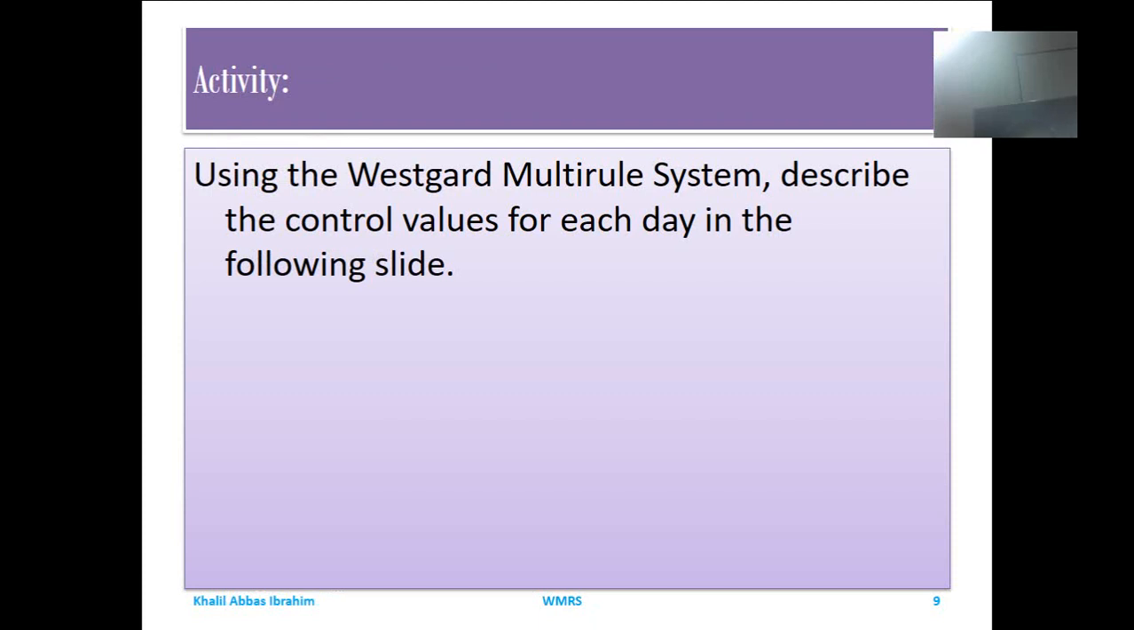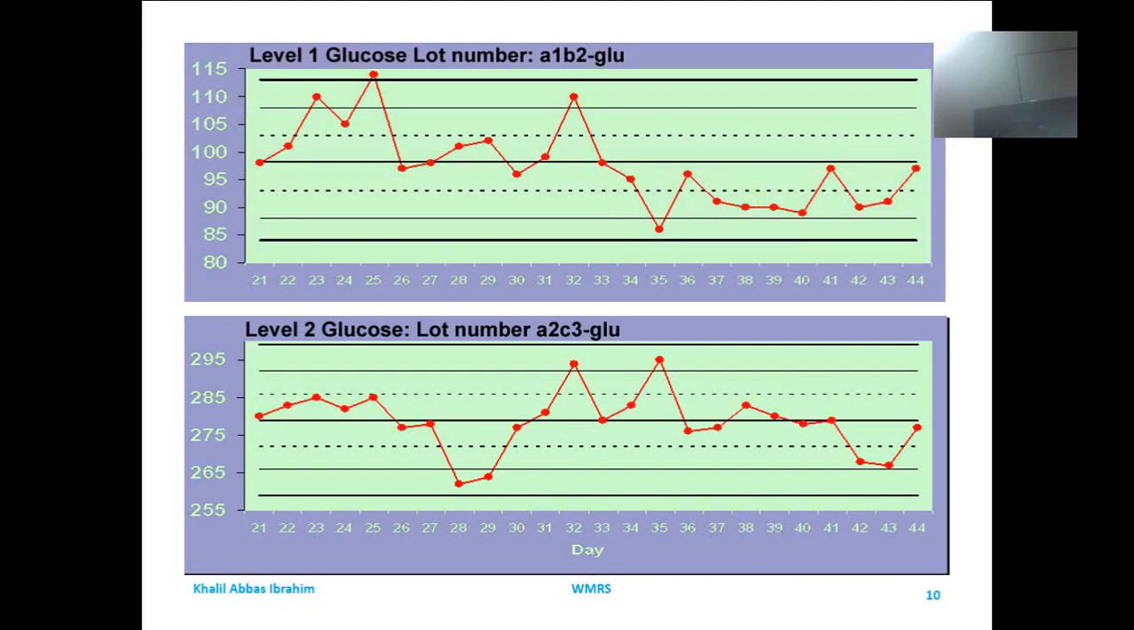Actually, use the Westgard Matrix system to describe the control values of each day in the following site, and this is a homework that I would like you to solve, which will indicate your successful attendance of this course. These are the phenomena indicated by days. These are the days of examination. These are the days of measurements of the control, together with this one, because we are using two controls. This is the chart of one level of control, and this is the chart of the other level of control